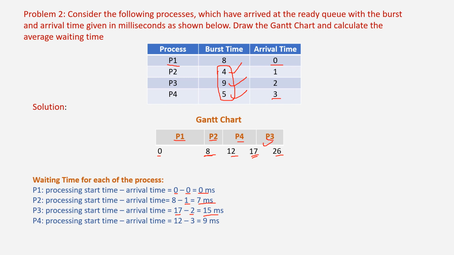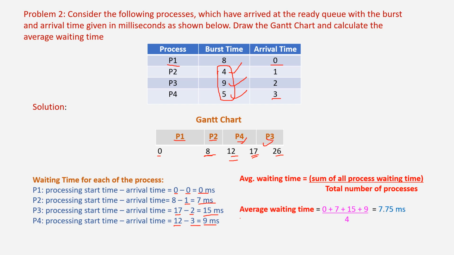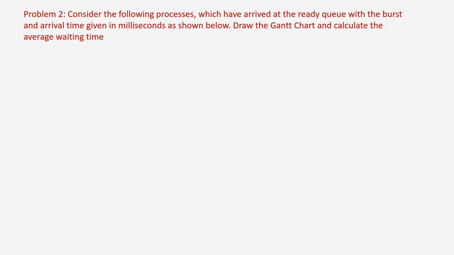Next, process P4 started at 12 and it had arrived at 3 milliseconds. So it waited 9 milliseconds. Next, calculate the average waiting time as the sum of all the waiting times divided by 4, because there are 4 processes. You get 7.75. Let's calculate